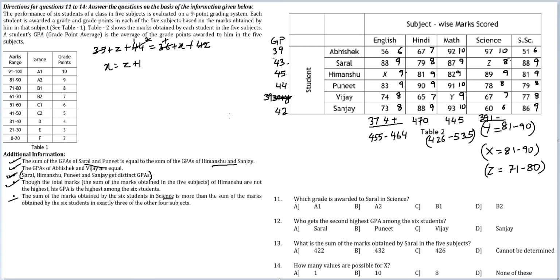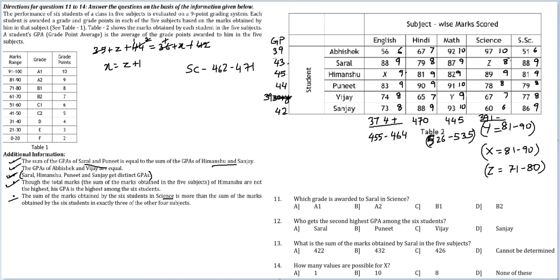For science, I will list it here. For science, the upper limit is 471, and 9 less than that, the lower limit is 462. This is where science will be. Now see, science still has a possibility of overtaking Hindi and also a possibility of overtaking math. Why is it 426? This should be 526. It has no possibility of overtaking math, but it still has a possibility of overtaking Hindi.